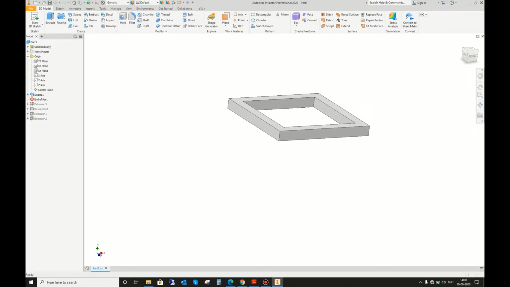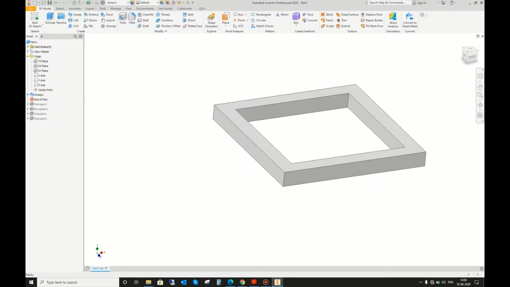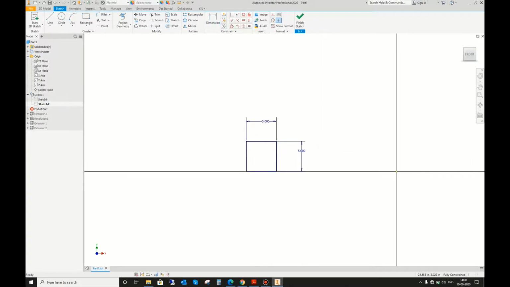So now a question will arise in your mind that a simple item like this can be generated by a simple extrude command, then why will anyone use a complex command like sweep and make two sketches for using it? So the answer lies in that sometimes the profile we make here is simple and it's only a rectangle, but sometimes the profile we need is a complex one. Like if you are making some artistic or woodworks, then you will need a complex profile.